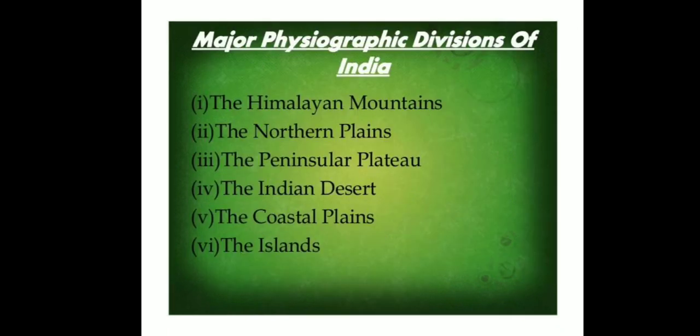Now, after that, we have different major physical divisions of India. That means in the north, we have the Himalayan mountains. Then below the Himalayan mountains, we have the northern plains, mostly populated areas of our country. Then we have the Peninsular Plateau, which is famous for its minerals. After that, we have the Indian desert, that is Thar Desert situated in Rajasthan, then the coastal plains of the west and east, and in the last we have the islands, that means Andaman and Nicobar Islands and